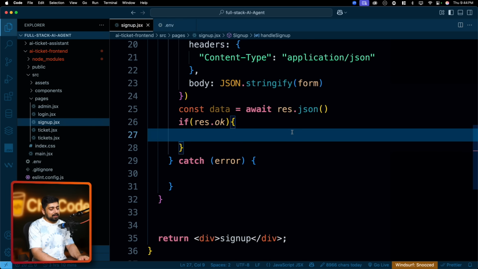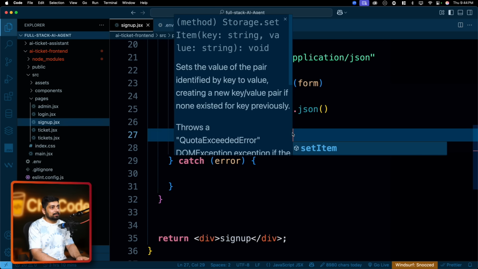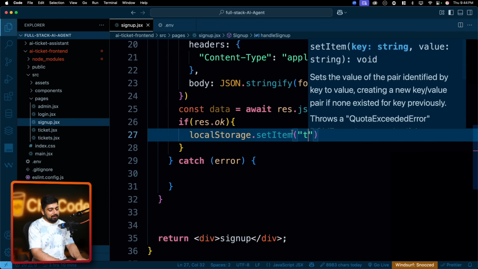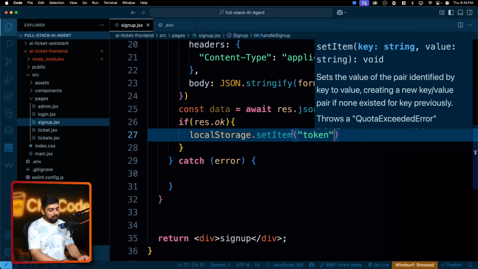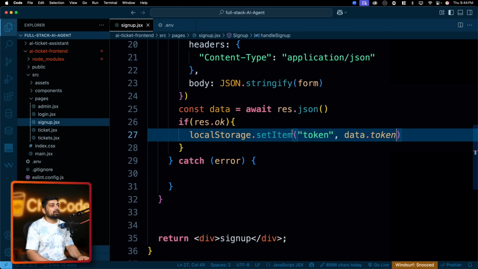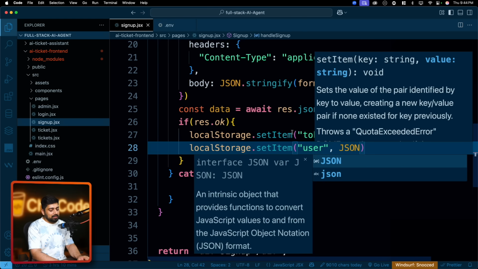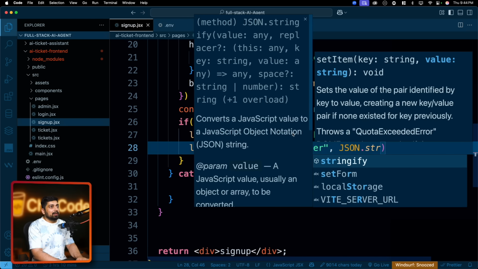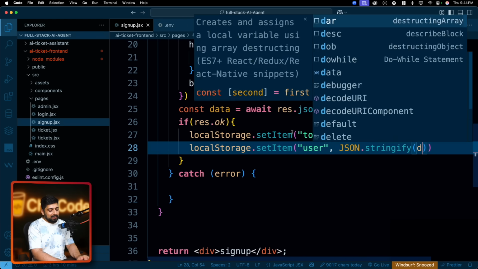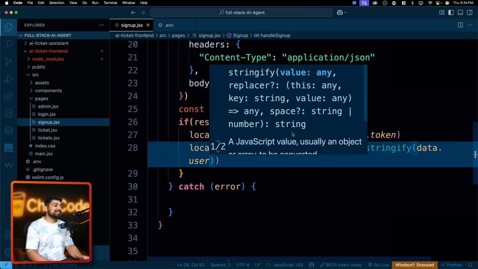If that's the case, I will invoke local storage. I will set item. The name of the item will be token. The value will be data.token because I know the token is going to come up. Another thing that we can go ahead and store into this is we can say user, if you want to store that. And we can say